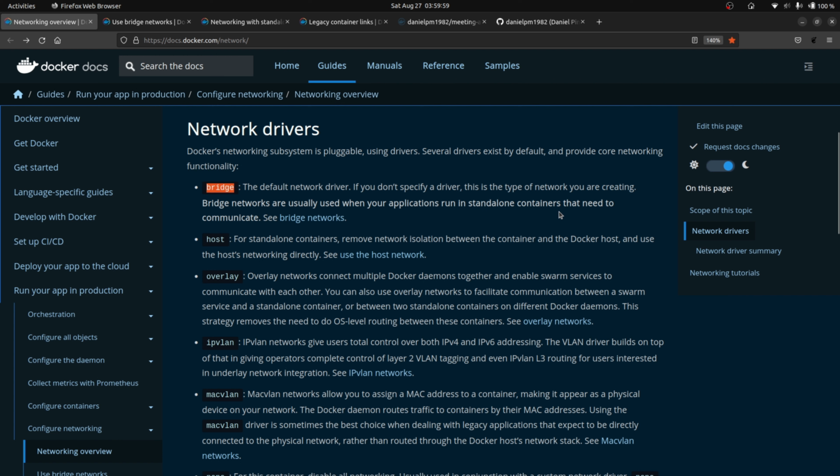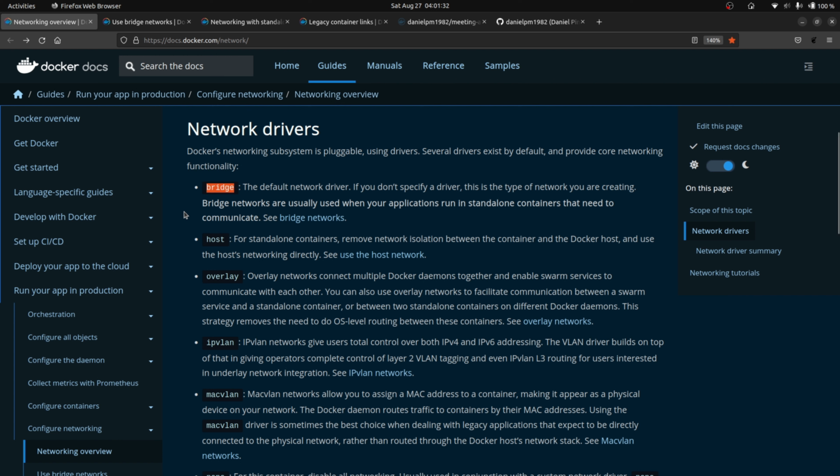So for standalone containers, as well as for single Docker daemon services, we are not using multiple Docker services. We are using only one single Docker daemon service in one same machine, which is our host machine. So for that, the ideal Docker network to use is the bridge one, which is actually the default network that is created when you start your Docker daemon and is automatically attached to any container you create from any image if you do not specify other network drivers or different networks you would wish to attach to that